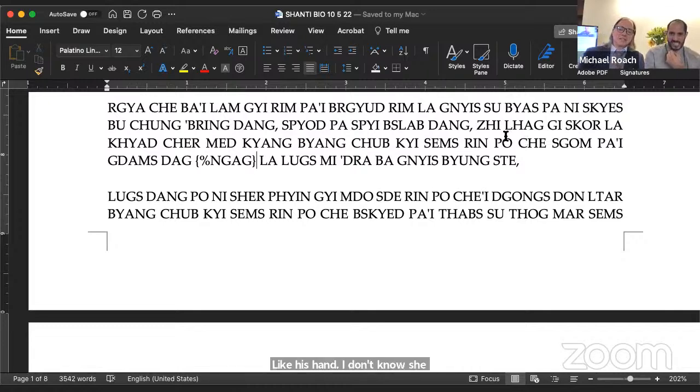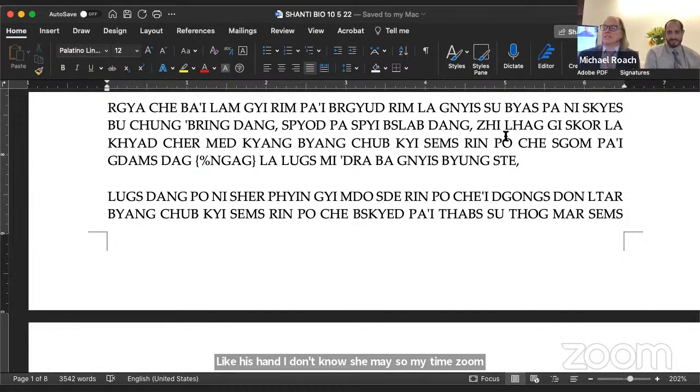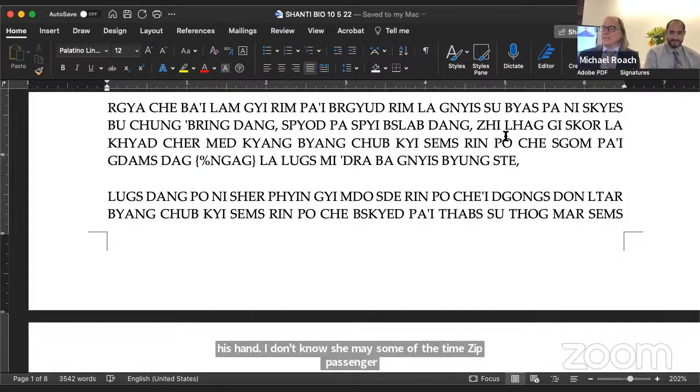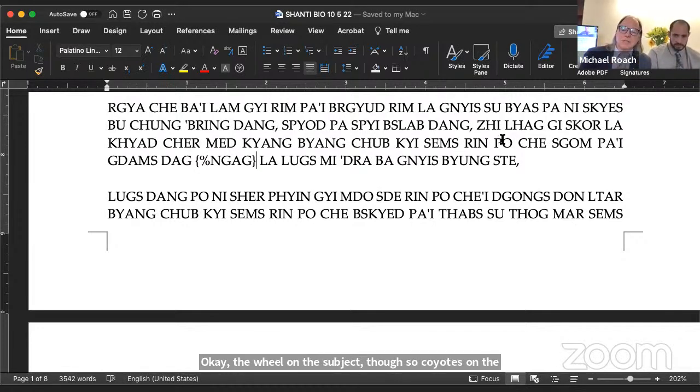Shamatha and Vipassana. Say Vipassana actually. Vipassana is a corruption, and it has nothing to do with meditation. It says the wheel, kikor, the wheel of... Oh no, it means on the subject. So core means on the subject. So the meditative platform that you need to see emptiness directly is called shamatha, and then